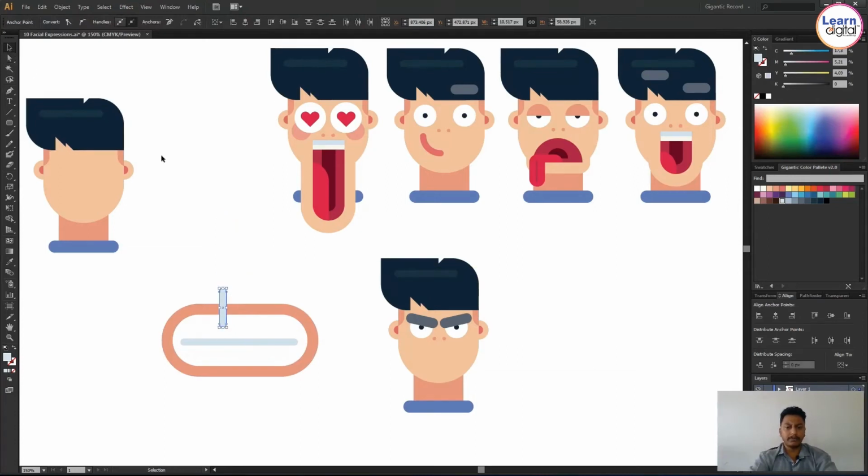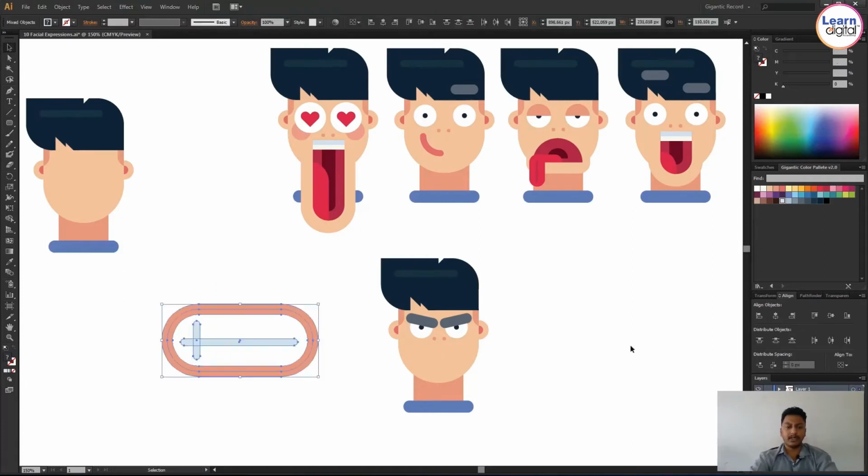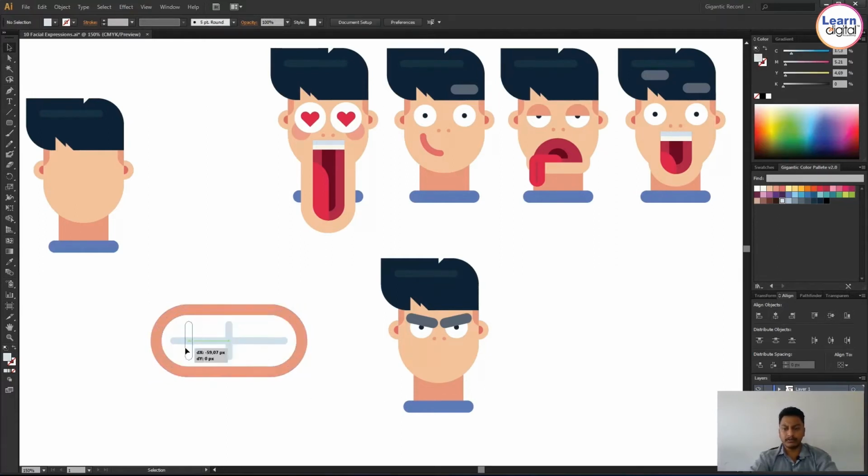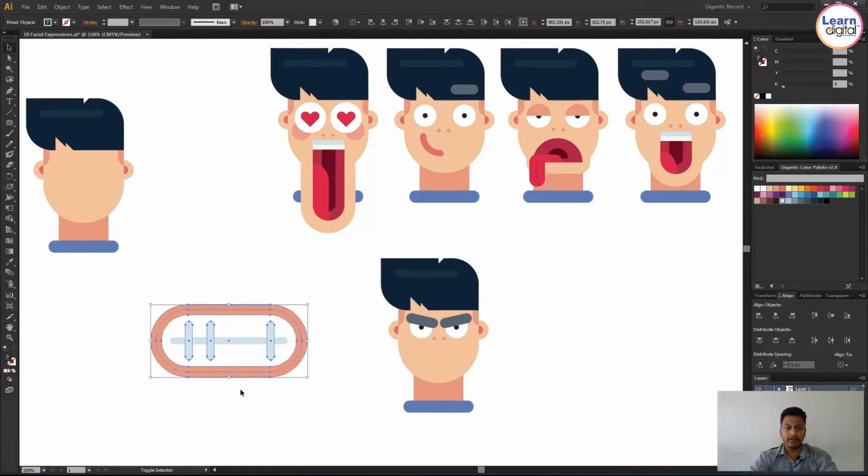If you select multiple objects, you will get the option of align objects. You can align objects to your selection, or to your artboard also. In the same way, you can distribute your objects also. Once it is done, group it and place it in the mouth area.